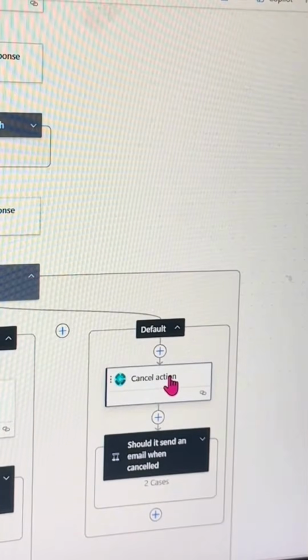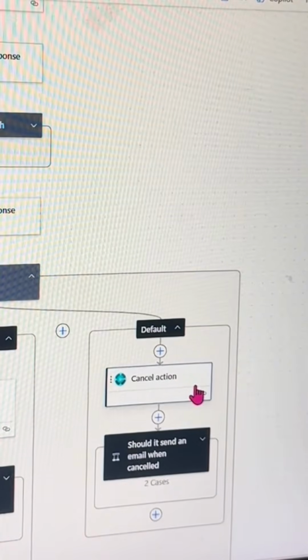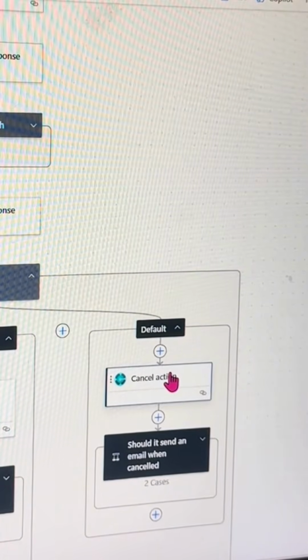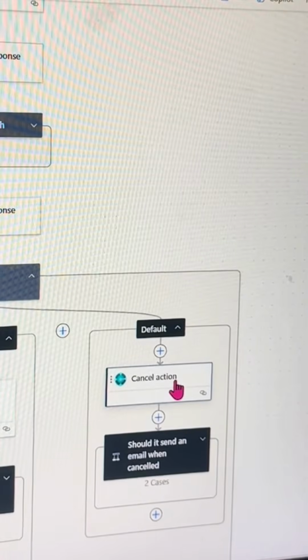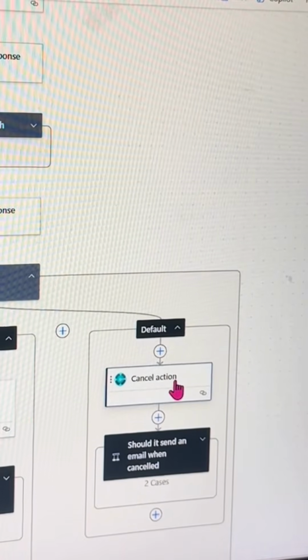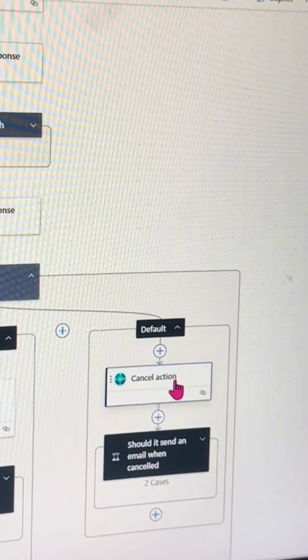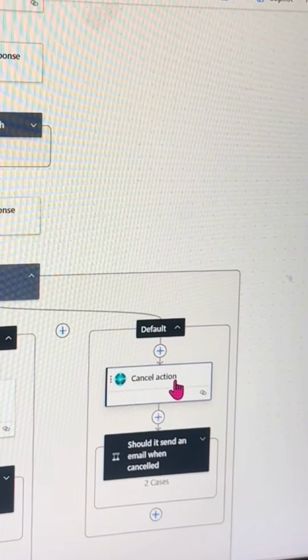The cancel action. If it's not approved or rejected, the flow is going to time out. Then what this does is it says if no action is taken, go ahead and cancel this, right? Because that means that it has to go ahead and be sent for approval again because that has